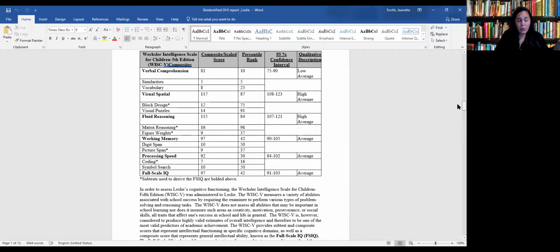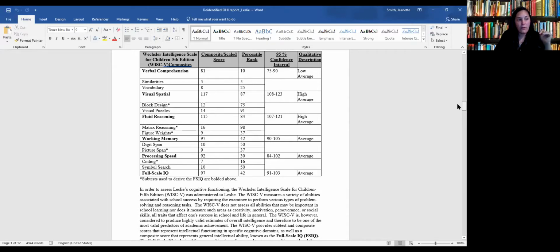So again, when I showed you the bell curve, it included standard scores, it included scaled scores, and scaled scores is something I didn't talk to you a lot about, but there are assessments that when you go to print out your data, they don't give you a standard score. So this can be confusing to individuals who don't work in the field as I do, but a scaled score can still give you relevant information. There, the average is 10 and the standard deviation is going to be 3. It's on your bell curve. You don't need to remember it off of face value. Just put a star on that slide.